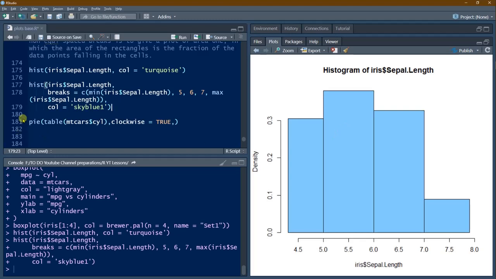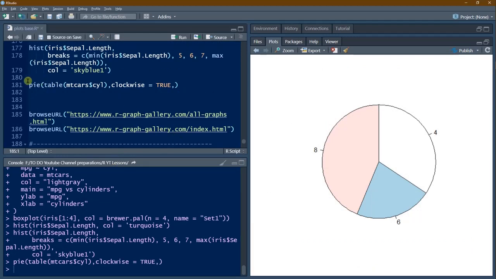Okay, now we can see a simple pie chart using pie and the table of mtcars cylinder. We have to give a table to the pie chart. So we got this: for 4 cylinder, this is the block, then 6 cylinder and 8 cylinder. Now this line can be kept either this way or this way using some argument changes inside, clockwise true, clockwise false, etc. And like this, there are very high level plots which will be used depending on the required occasion.